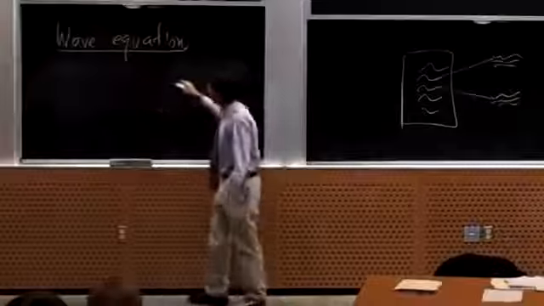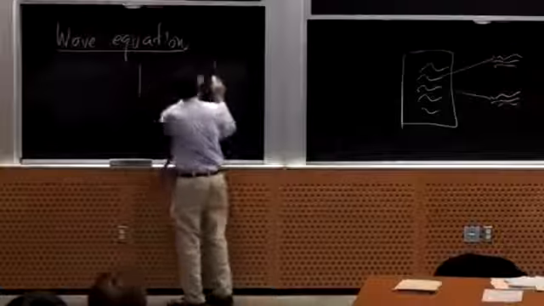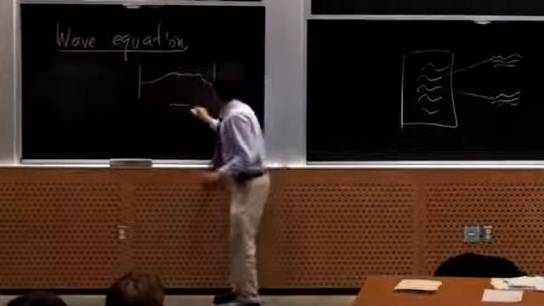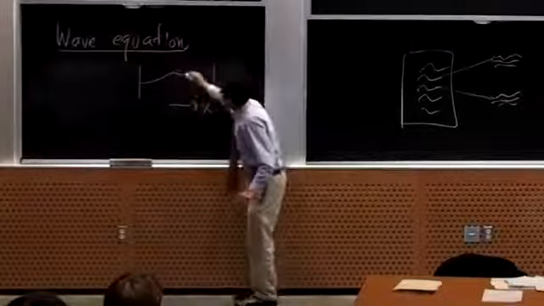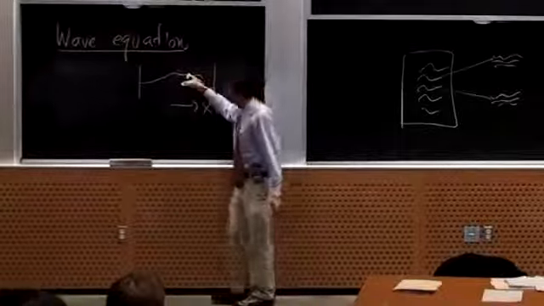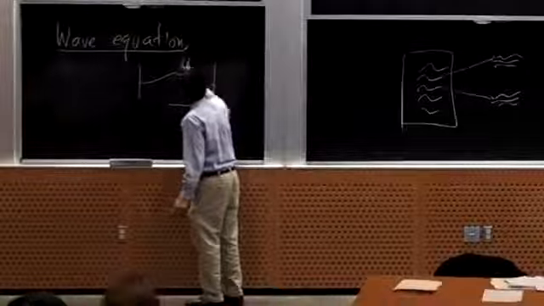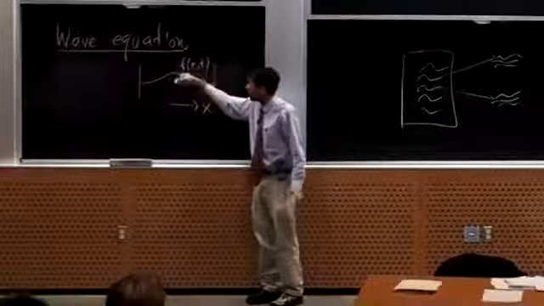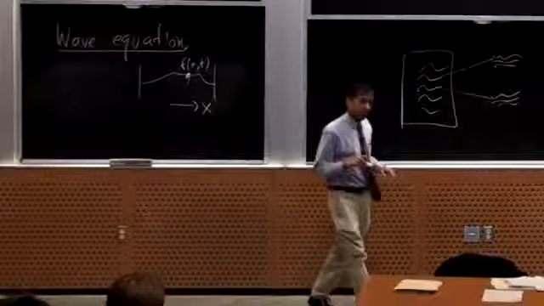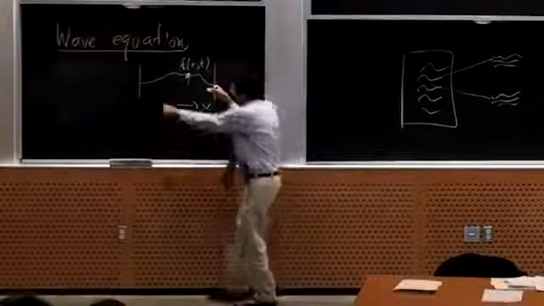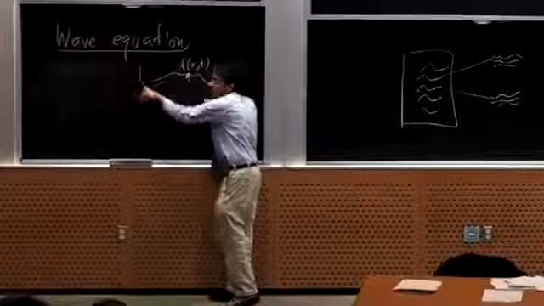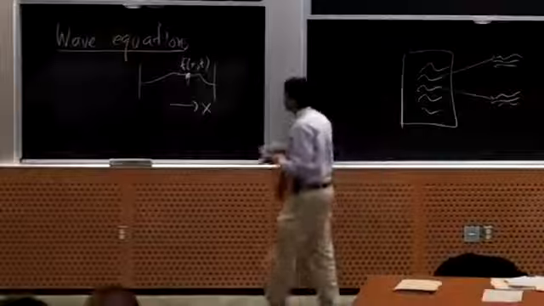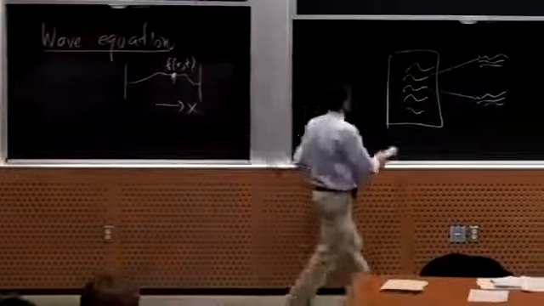Well, the wave equation describes, so here's some string, and here's your coordinate x. And you want to know, how does the height of this piece here, the height being f of x as a function of time as well, change with position and with time. So you want to figure out an equation for that behavior of that string that's stretched between 2 points. Like, for example, this might be a guitar string, and these are the 2 ends of the guitar string. And it's under tension, and you want to know, how does it move? OK, so we're going to construct the equation.